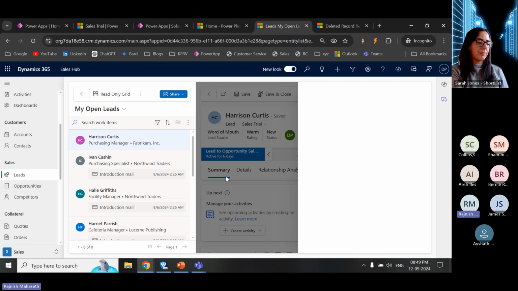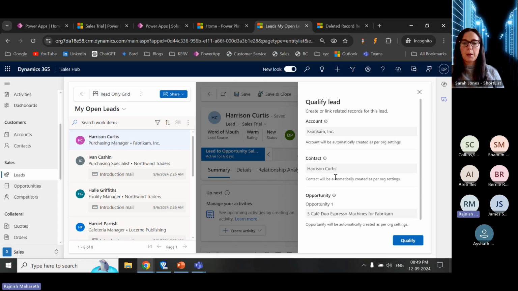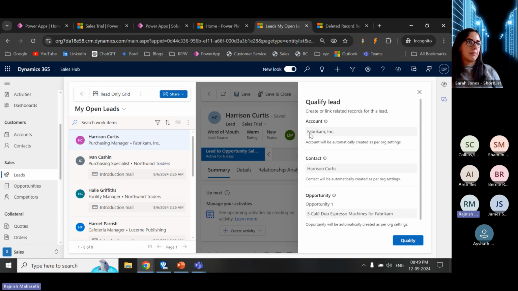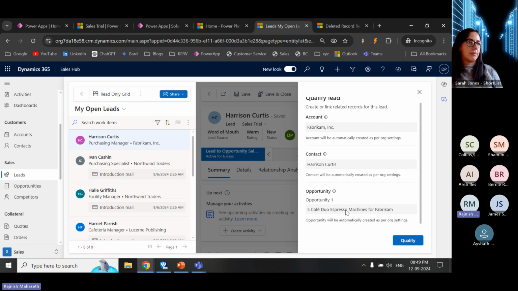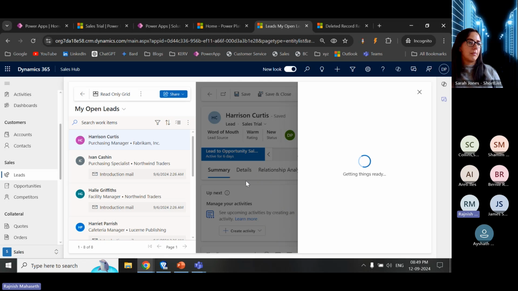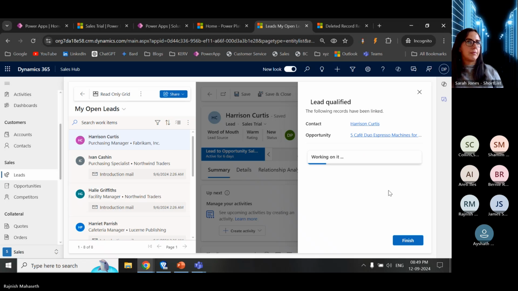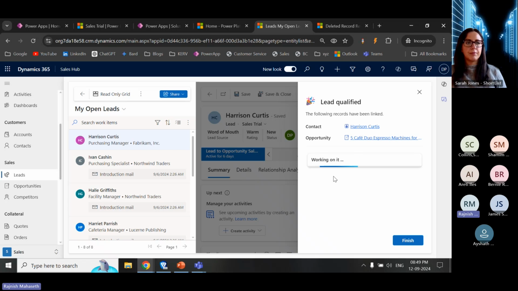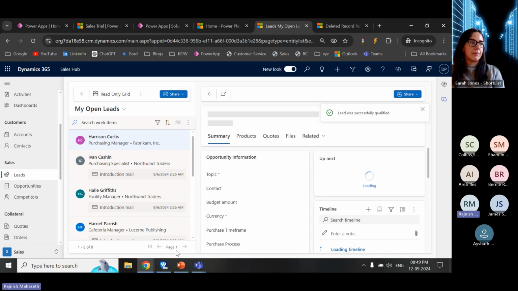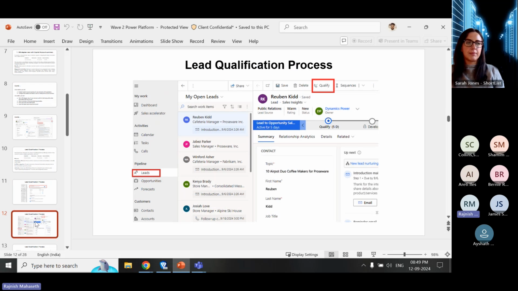Once you click on the qualify button, see here it's not giving any option to create a new, as well as here also earlier we had a drop down of new, create, use existing and none. So nothing is there. Simply you get an option to qualify it, just qualify it. This is the difference between both of them. And you get an AI summary here as well. Okay, just click on the finish. So these two features are done. The third feature we have here is